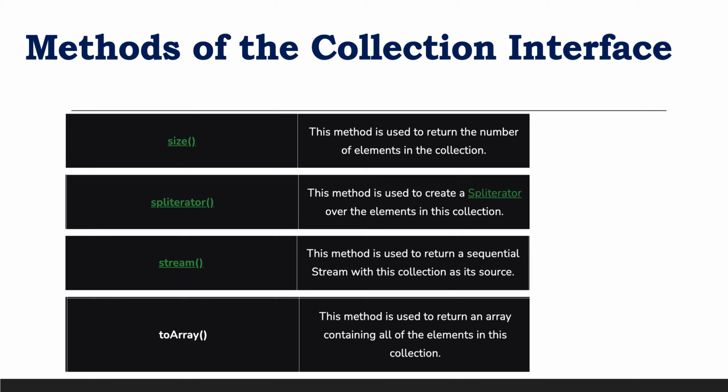So these are some of the methods available inside the collection interface, and all of these methods are available by default, or you can say indirectly, as part of all the collection types like list, set, queue. Along with that, list, set and queue also contain some special methods which are specific to the list, specific to the set, specific to the queue. We will see them one by one in detail in the next upcoming video.